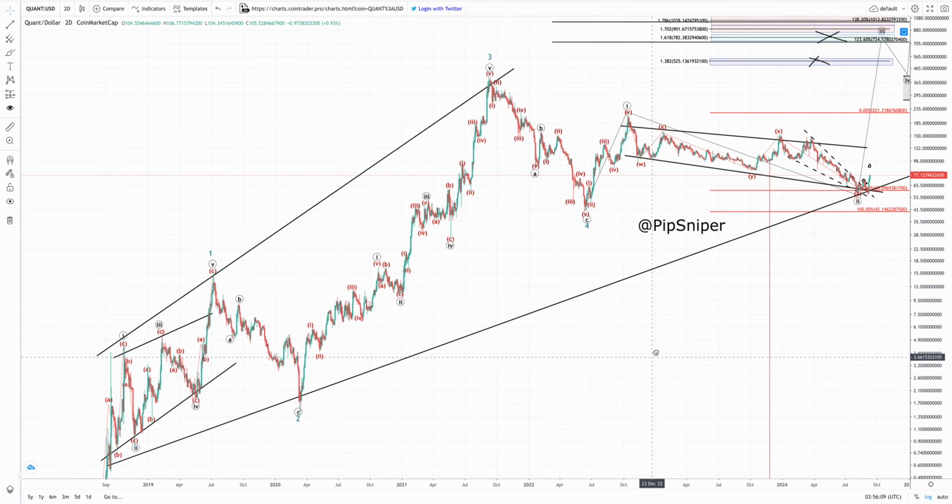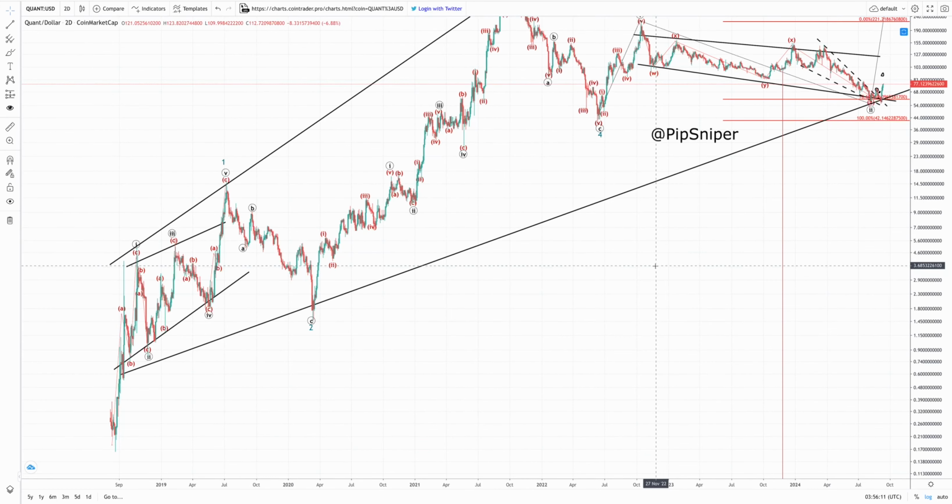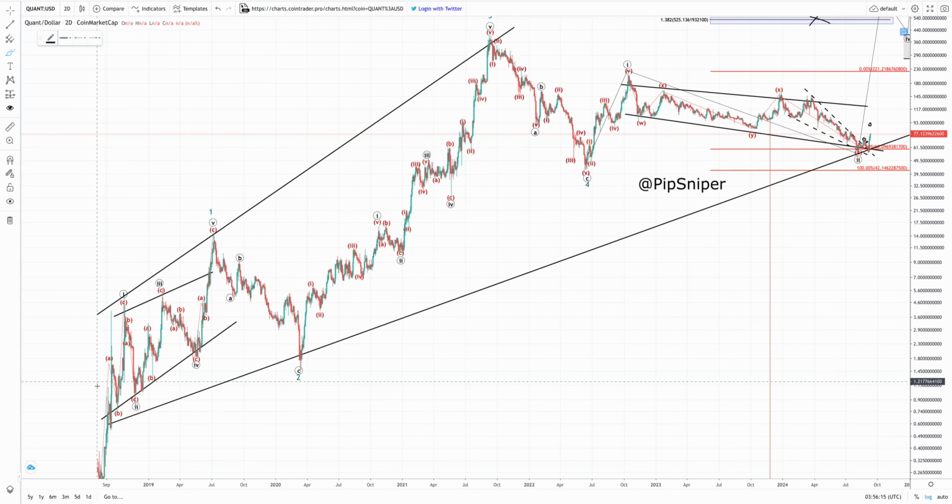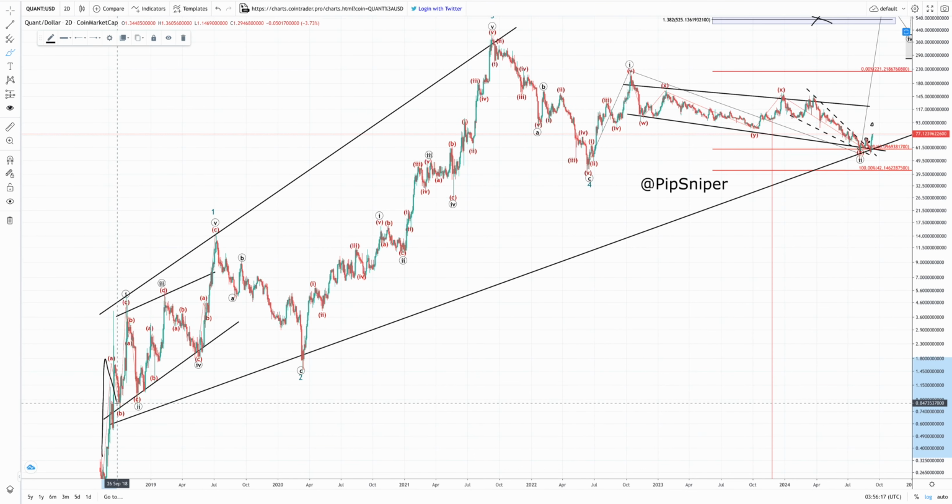Let's take a look at QNT over here, right from September 2018. And we have what's called a leading diagonal. Notice how the waves are overlapping here. And basically it prints a rising wedge-like formation, and all of the market participants, or most of the market participants